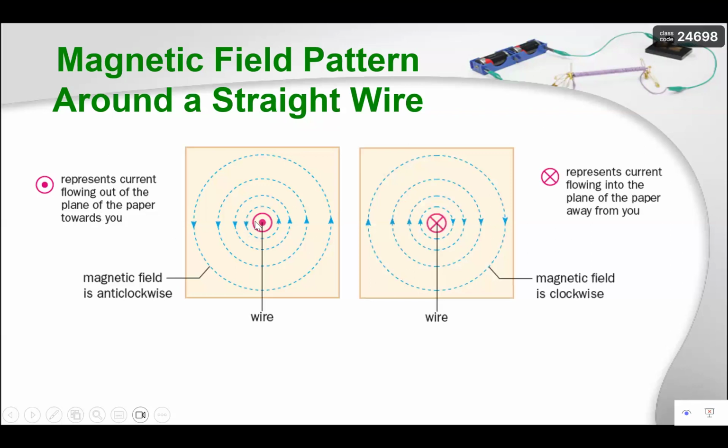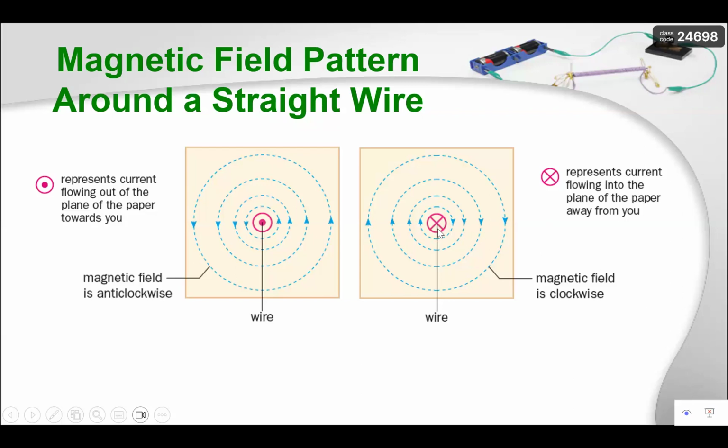Okay, so this pink color dot and cross in this scenario, only in this scenario, they label this as the wire. It means that the current is going into and out of the paper. But sometimes this dot and cross can represent magnetic field or can represent force. But in this case, because it's the wire, it's the current in the wire. So this one is going into the paper.